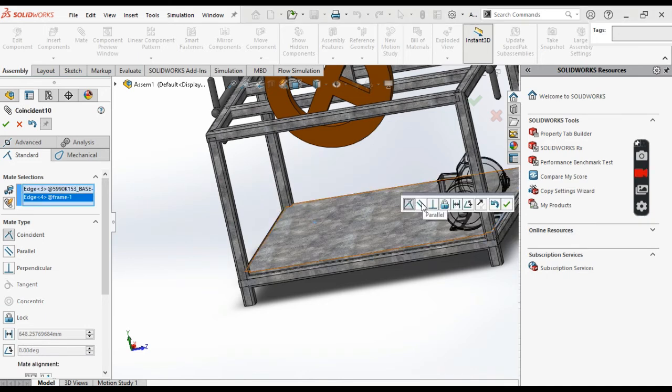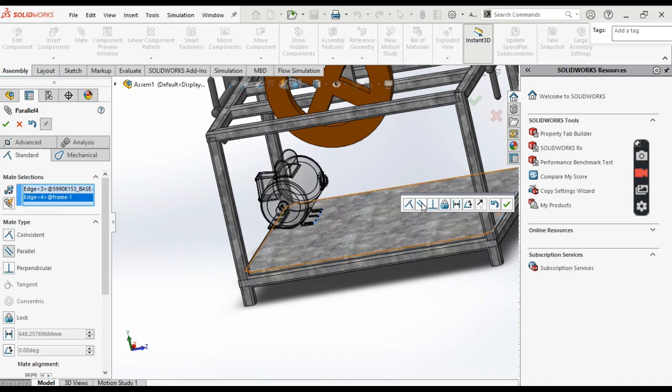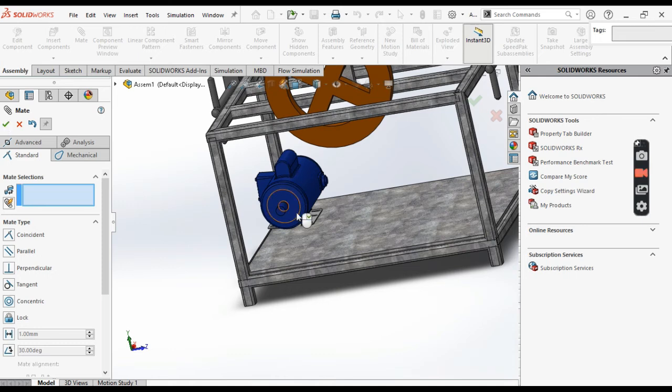Power there. So we've done that. You can now drag your